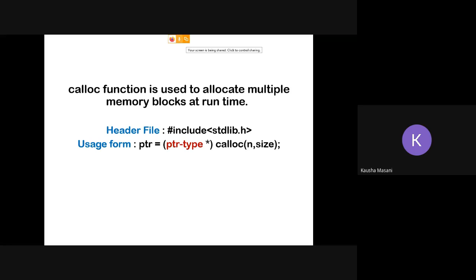It is going to assign more than one memory block at runtime. So that's why n comma size. Unlike malloc, where you are simply passing the size, inside calloc there are two parameters, n and the size. Again, we are typecasting it because calloc is going to return a pointer of type void. So you have to typecast it. So that's why ptr type star.